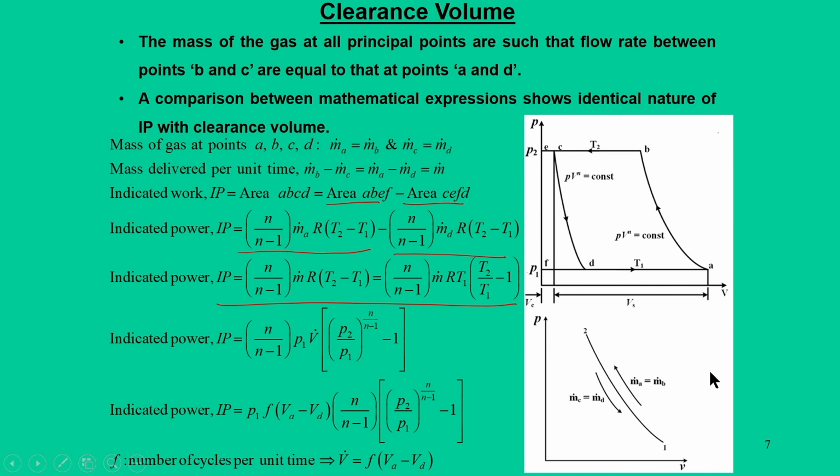which will come later. Then the other expressions for these things we can write in the same way, is that the indicated power in the form of volume flow rate, and if there are f number of cycles per unit time, this volume will be f into V A minus V D, that is the actual volume, the stored volume that enters into the cylinder. So, this is how you are going to recalculate our indicated power if there is a clearance volume